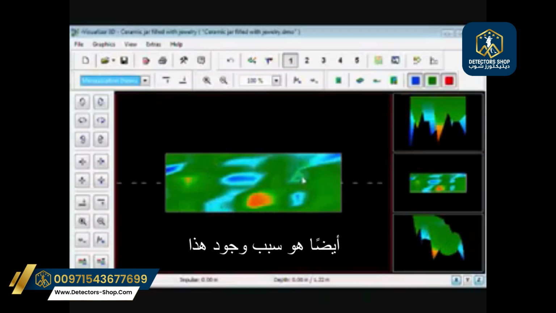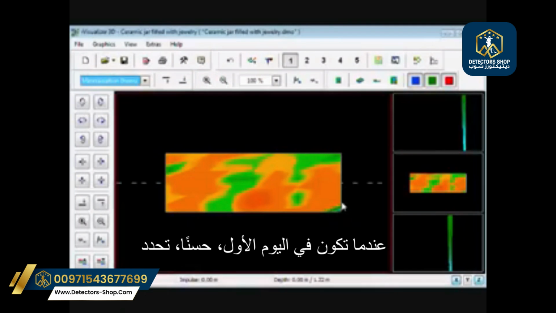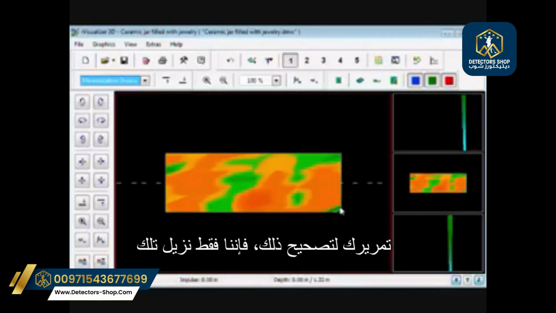The reason we have this error under this crosshair, right in this corner, is that when you first say OK, you select to start a ground scan. Do you want to start your first line now? You hit yes, and then you start walking. At this moment, you shook the antenna, so it wobbled, and therefore you have this signal when you started your pass.